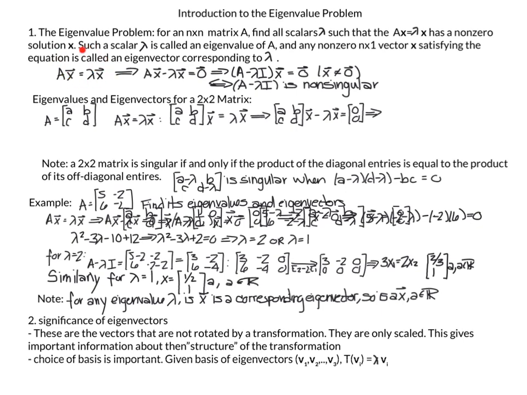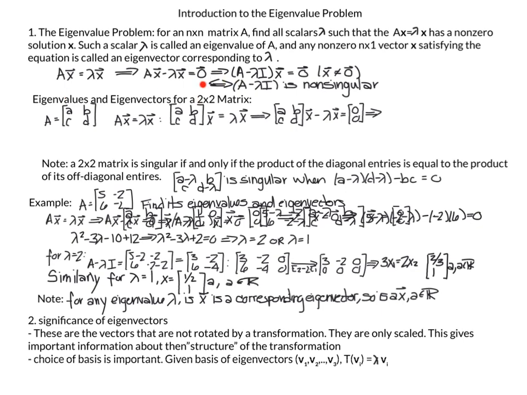Notice that the transformation only scales x. It does no rotations. Transformations can be considered as a combination; the two things transformations can do are rotate or scale. So in this case, for the eigenvalue, we want to know the lambdas and their corresponding vectors that are only scaled by the transformation. So I'll show you how to find the eigenvectors and eigenvalues of